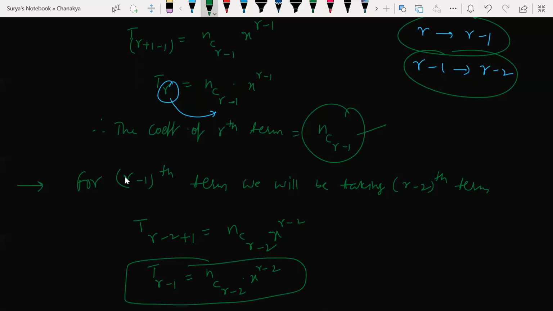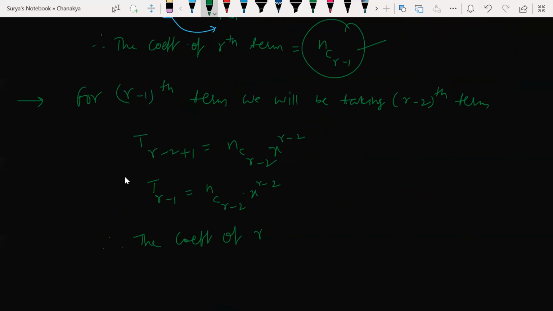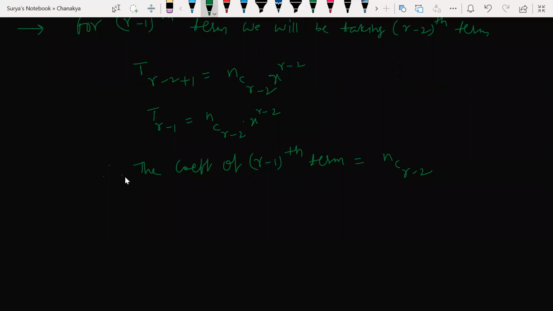Okay. So now everywhere, what is the coefficient now? Therefore, the coefficient of the (r minus 1)th term is equal to nC(r minus 2). Clear? But what has he given here? Given that the coefficients of the (r minus 1)th term, the rth term, and the (r plus 1)th